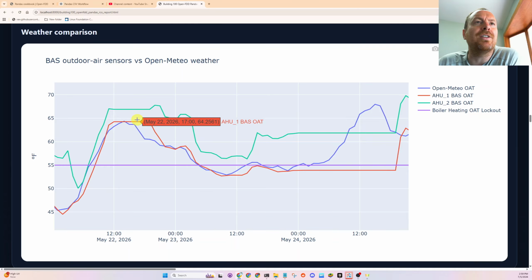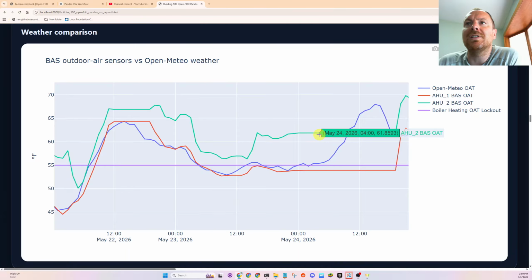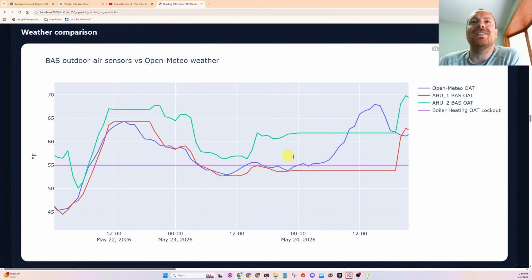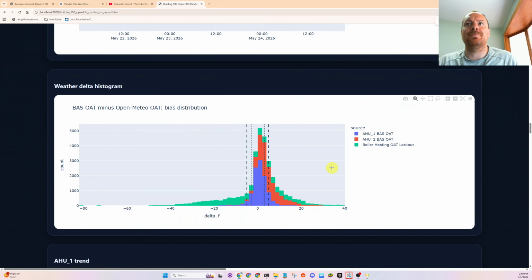It's interesting that air handling unit 1 and 2 have separate sensors. Usually in buildings, they share outside air temp sensors. So BAS outside air minus distributions. Oh, okay. So here we go. For some reason, it stuck the boiler outside air temperature lockout. So that is just the set points to enable the boiler. That's why it has this constant